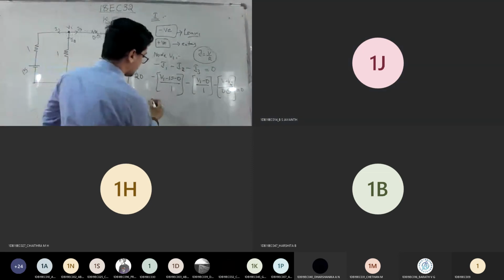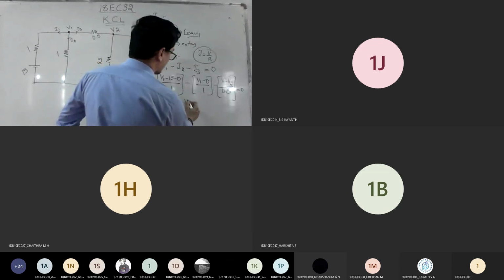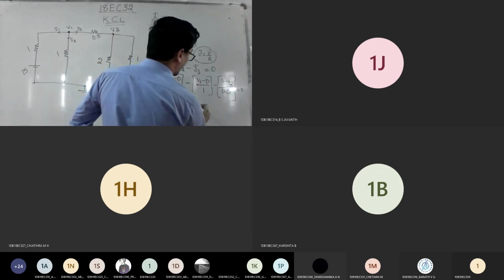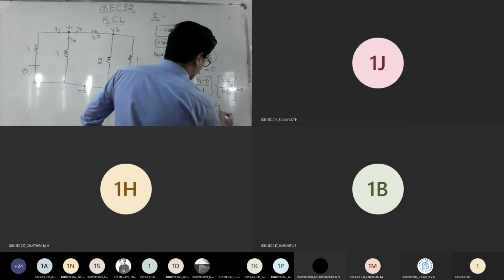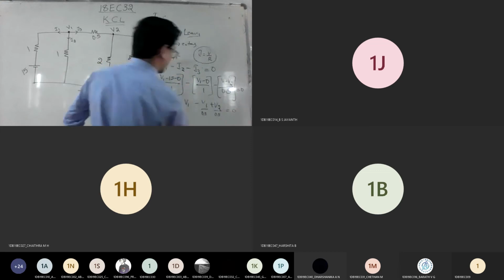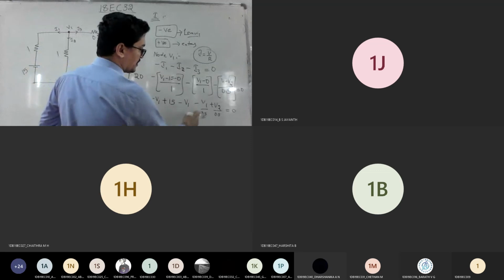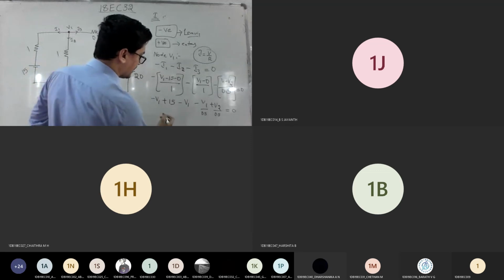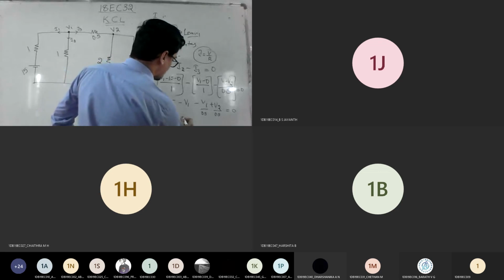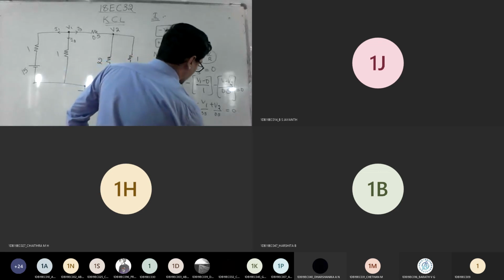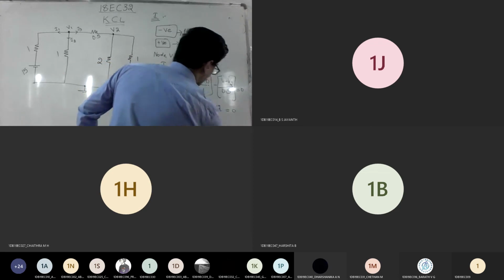So we'll take this minus inside. So minus V1 plus 15 divided by 1 remains the same. Again minus V1, divided by 0.5, equal to 0. Now let's look at this. This V1, this V1, this V1. You have 3 V1s, so I can take it as minus 2 V1, plus 15 minus V1 by 0.5 plus V2 by 0.5 equal to 0.